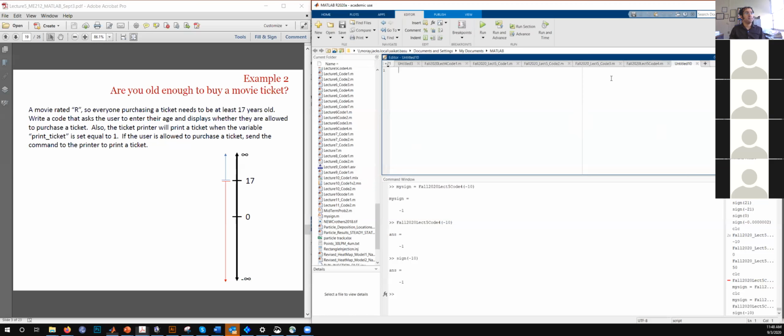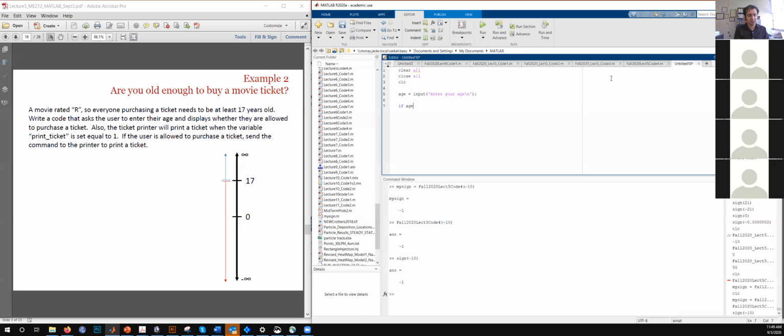So let's write just a script file. So clear all, close all, clc. What should be the first input? The first input should be, because whatever we are going to do on this problem has to do with the age, the computer would first ask you what the age is. So age is input, enter your age. Okay, so once that is done, now the computer would have the information on the age for the person.